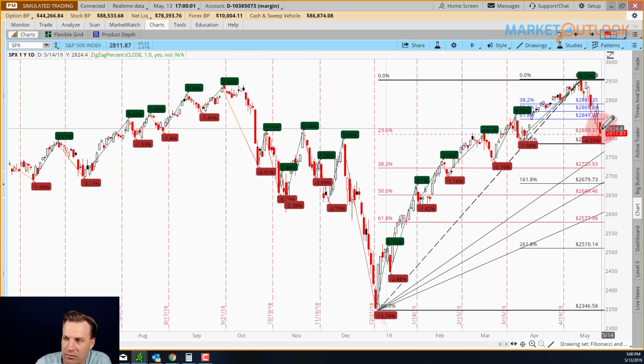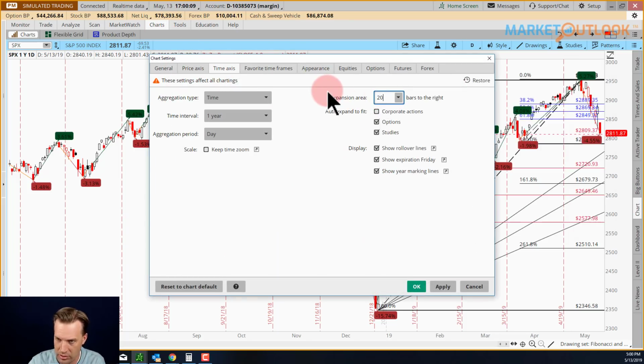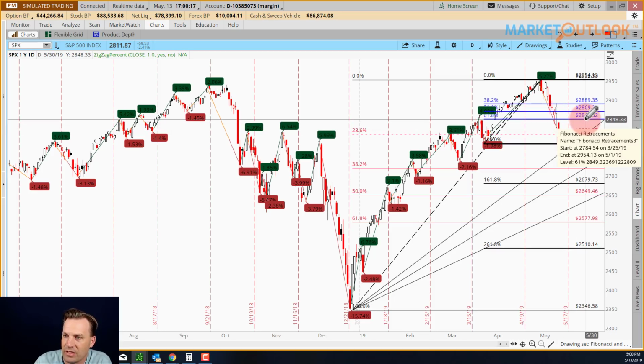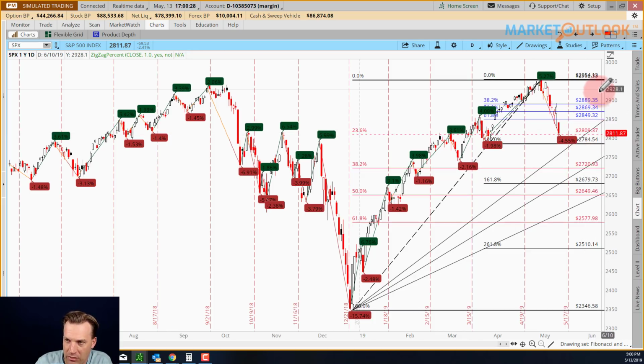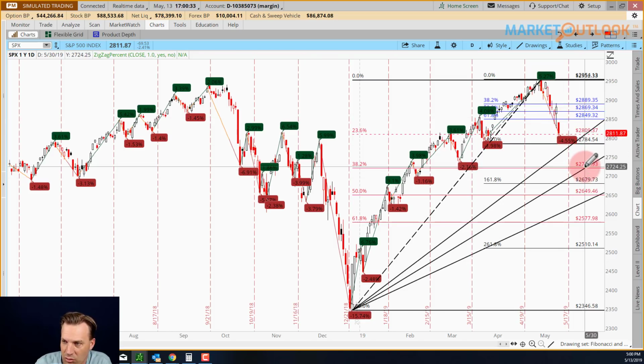month. Otherwise, even if we do bounce off of this support, pull back up this 20 bars out. Even if we bounce up towards this 2850 area, that will probably still end up trading here for the next few weeks, by the end of the month, before we hit this layer of support where the Fibonacci fan is and bounce off of it and then continue any bullish trend higher. Otherwise, if we continue to fall, then the 38% Fibonacci retracement comes into play at 2720,